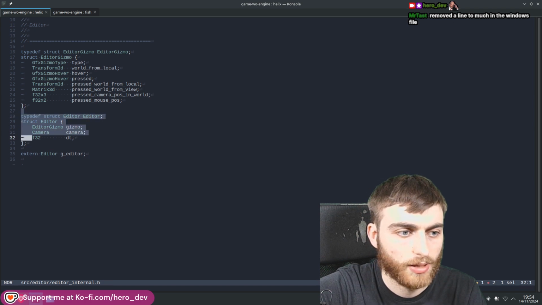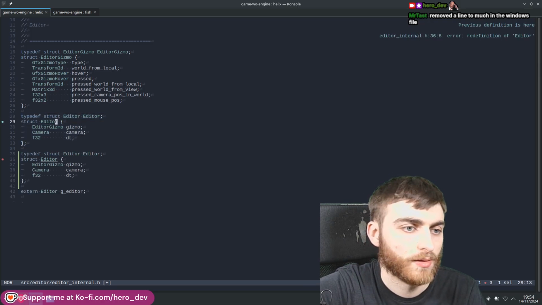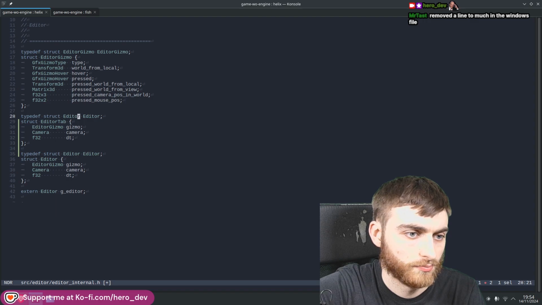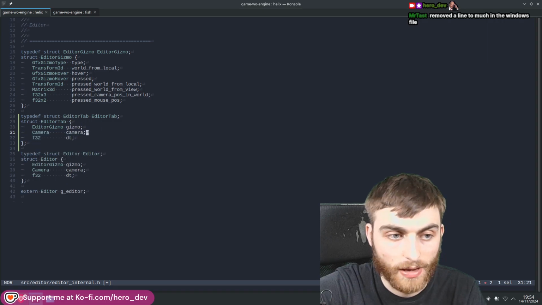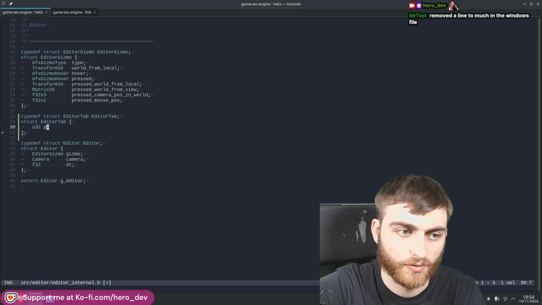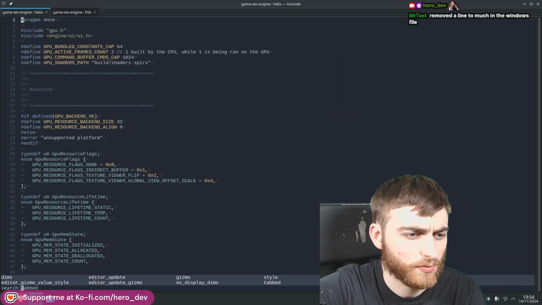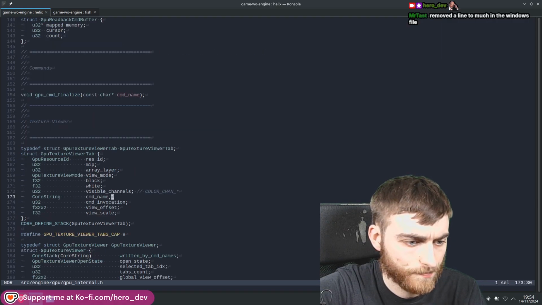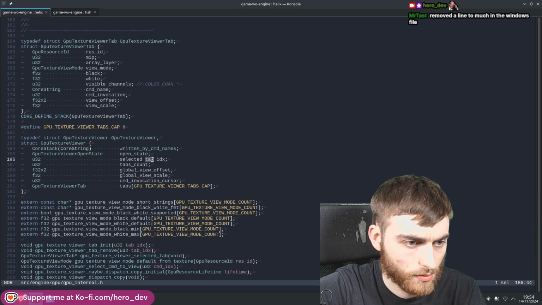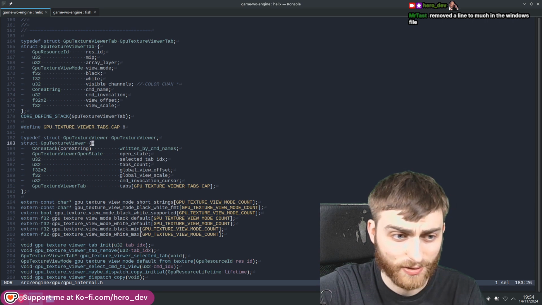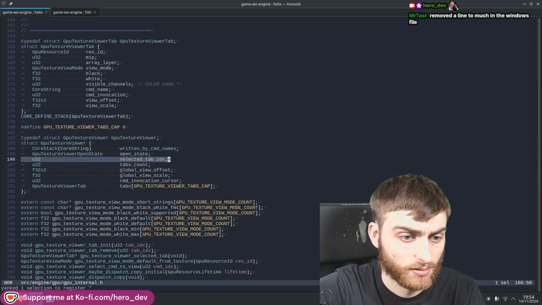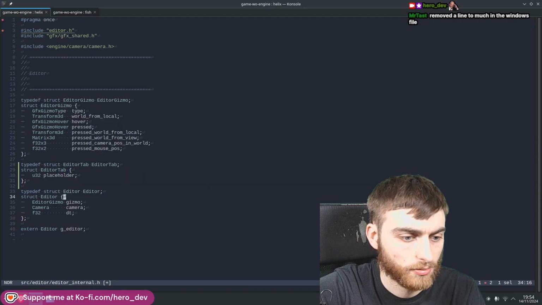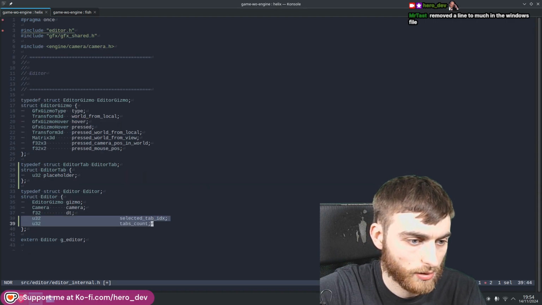So I believe we'll make a new thing called an editor tab. And a tab will contain information about what's in there and stuff like that, but we don't know what that is yet, so let's just put some placeholder variable in there. And let's take a look at GPU internal. What did we do for the tabs? Right, fixed set of tabs with an array, select a tab index and a tabs count. Okay, so we'll just copy that, drop that in here like so,